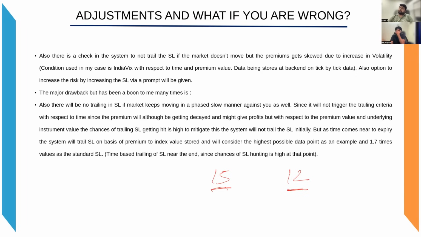है मार्केट से स्टिल पैसा निकालने का, बट विक्स हाई होने के कारण क्या हो गया कि अपने पास यहाँ पे प्रीमियम तो बढ़ गया। तो इस केस में क्या होगा ना कि मेरा ट्रेलिंग एसएल नहीं होगा, क्योंकि मार्केट तो फेज और स्लो फेज मैनर में वापस उसी पॉइंट पर आ गया। अब हो सकता है कि वो 500 से वापस 550 भी जाने लगे, मेरा 70% वाला क्राइटेरिया नहीं होगा, तो मेरा ट्रेलिंग नहीं हुआ। इस केस में अब हम लोग क्या कर सकते हैं कि उसके बाद फिर 550 से 520 आ गया, फिर 550 आ गया,